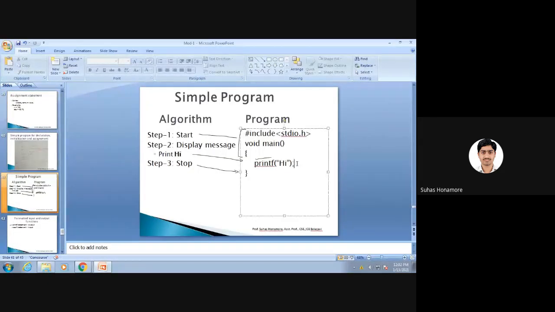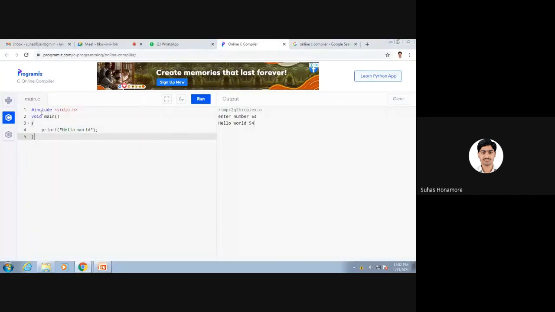We just execute it as hi. Here we write hash include stdio.h, void main open bracket, close bracket. In printf, we just want to print hi. If we click Run, it gives the output hi. If you want to give any message, like this, I'm simply typing randomly. Whatever you give inside printf, it comes out here.